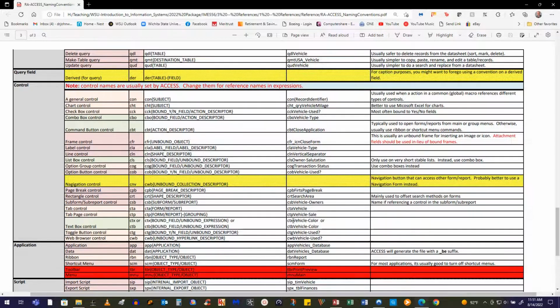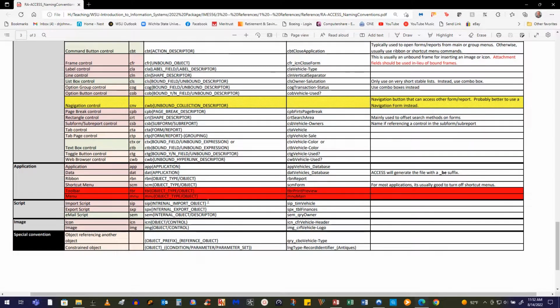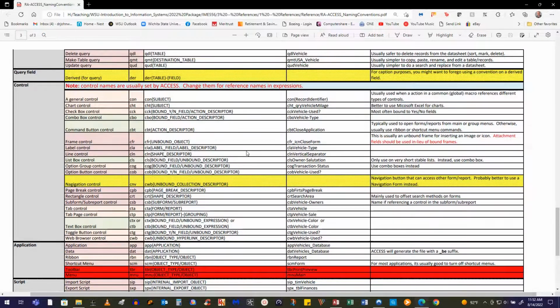But if you had named it CTX vehicle color, well, I know that's in the vehicle table, and I need to go find the text box that's associated with the color of it or the mileage of it or whatever you're doing. This is the strength of having these naming conventions. They really help you speed up the amount of effort you need in order to debug problems in your database. Okay, I know it takes a little bit of typing to do this. You'll get used to it. Trust me, it is worth a few extra seconds of typing in order to save you sometimes tens of hours